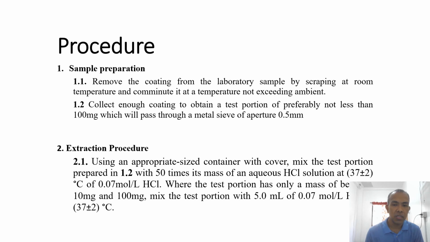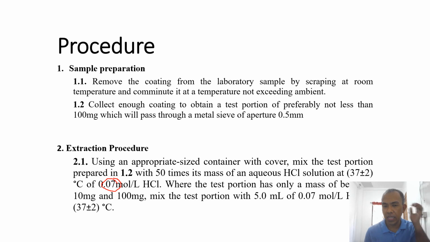So next, the extraction procedure, although you can see this in my technical paper. Using an appropriate size container, we mix the test portion prepared in procedure 1.2 with 50 times its mass of an aqueous HCl solution. We use 0.07 molar HCl for the extraction. Here I use 1 gram of the scrape sample,